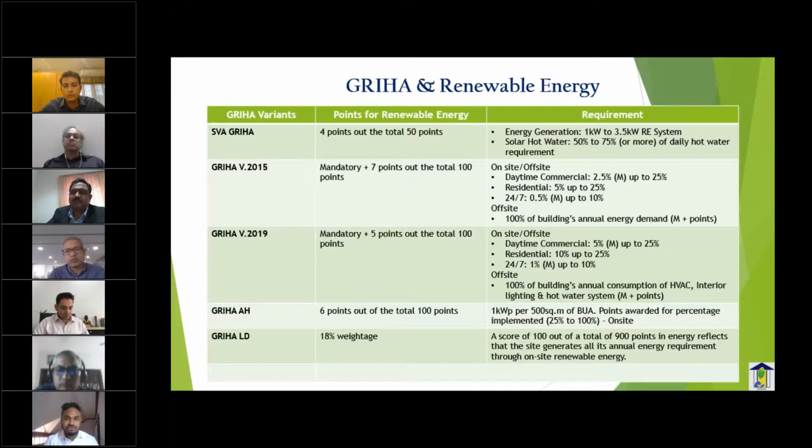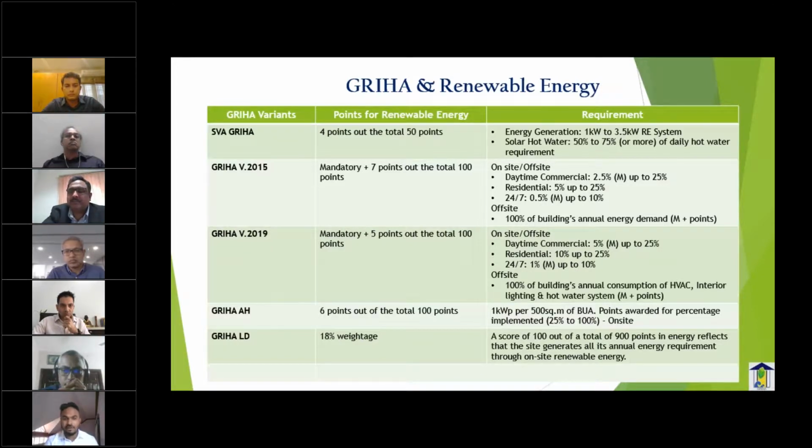In Swagriha, which is the smallest rating variant that we have, renewable energy constitutes 4 points out of the total 50 points in that particular rating variant. And here we're talking about both energy generation as well as solar hot water requirements. With respect to energy generation, at least 1 kilowatt of renewable energy system should be installed for a project which has a built-up area of about 500 square meters, up to a maximum of 3.5 kilowatt. With respect to water as well, points are awarded to the project in case they're able to install solar hot water systems which are able to cater to at least 50 to 70%, 75% or more of the